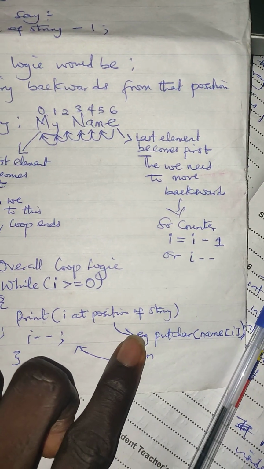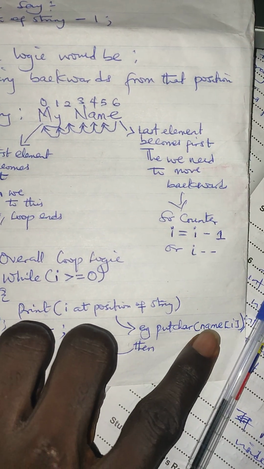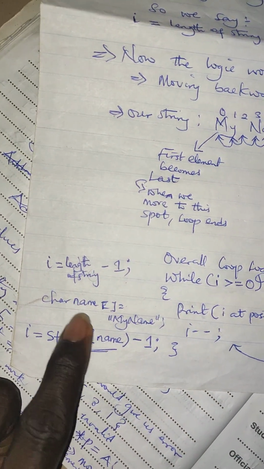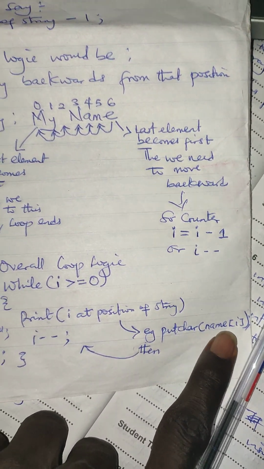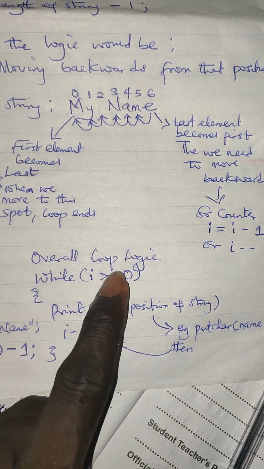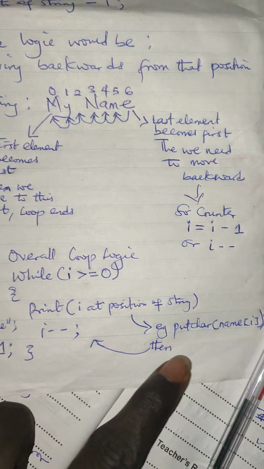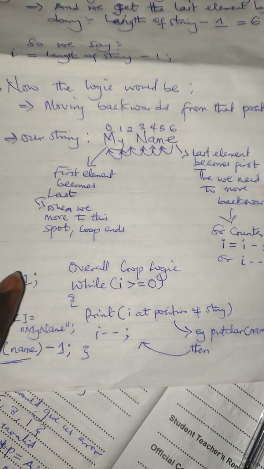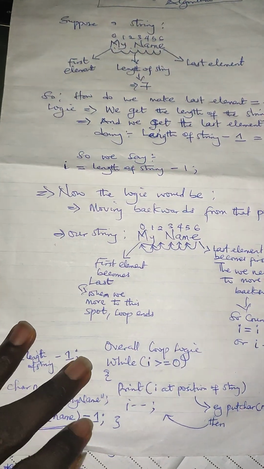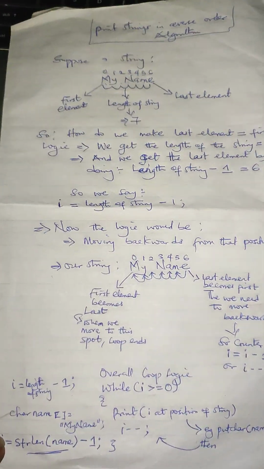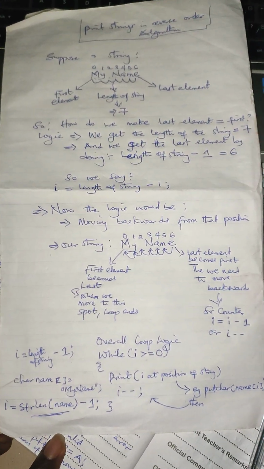For example, if you say putchar name, that is printing the character at position I. So we say putchar name, that is this guy, this name, the last element at that position, print it at that position. After that you decrement, check condition, print, decrement, check condition, print. Okay, so that is just how the logic works. Yeah guys, it's just to make sure that we understand this thing. It's not like trying to just give us the direct answer, or that